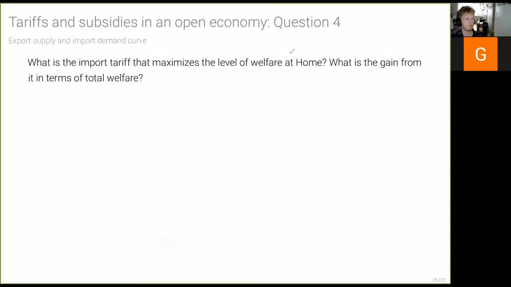Next, let's move on to question 4. So question 4, what we want to do is think about the import tariff that's going to maximize the level of welfare at home, and what's the gain from it in terms of total welfare. So we've already seen that import tariffs, when a country is large, may be net welfare increasing, as in the case